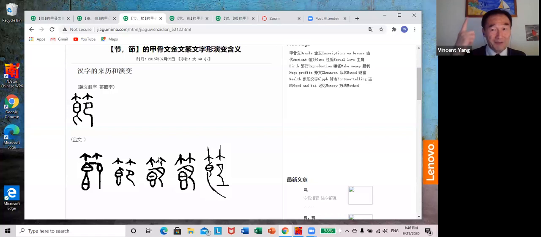People normally think of New Year, okay? Because that's the beginning of the year. So 节 used as a verb means to control, to regulate, and used as a noun, regulation and festival, holiday. So 中秋节